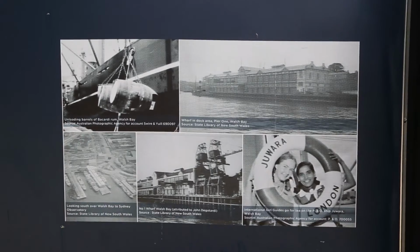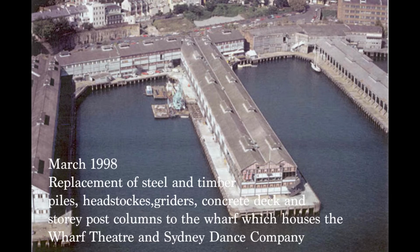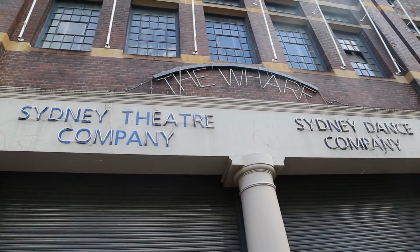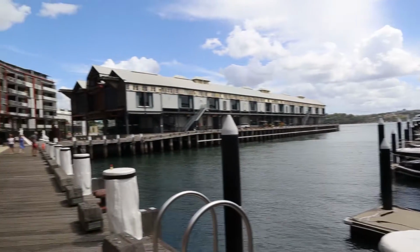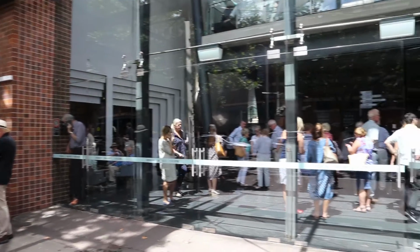The Walsh Bay Wharves Precinct was listed on the New South Wales State Heritage Register in 1999 and is the last intact complex of its type in the world. In 1970 it ceased operations, leading to its deterioration and abandonment, and in this state became a mecca for the arts. Today in the precinct we see exclusive residential apartments, office spaces for important firms, theatre and performance spaces, bars,